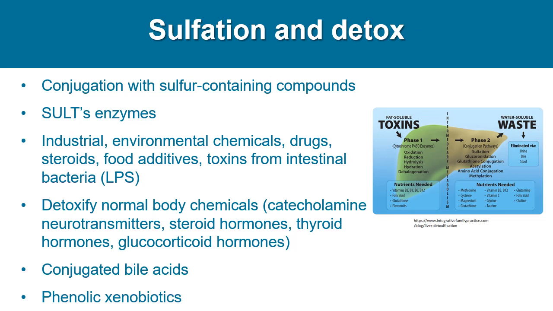intestinal bacteria. It is used to detoxify some normal chemicals as well, and it is the main process of eliminating catecholamine, neurotransmitters, steroids, thyroid hormones, and glucocorticoid hormones, as well as conjugate bile acids. And we do often see there could also be toxic bile acids accumulating, which could be part of the problem too. So sulfation is the primary route for elimination of neurotransmitters, and we have also seen that dysfunction in this system could contribute to the development of some neurotransmitter system or nervous system disorders. And finally, it is one of the major detoxifying enzymes for phenolic